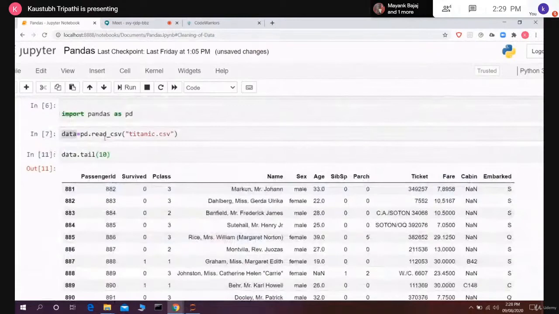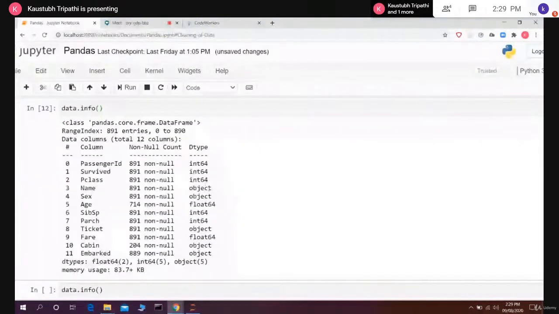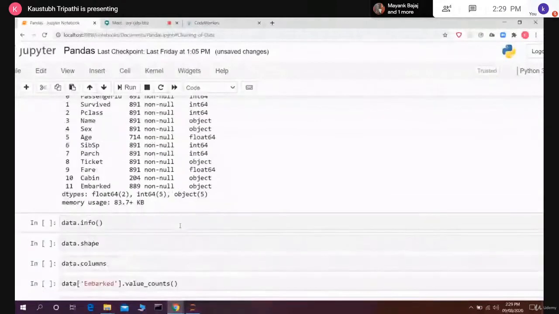It says there are 12 columns over here, and lists all the names of the columns. It tells us how many non-null values are present, and it tells us the data type of all those values. There are some integers, some objects, meaning they must be strings, and then there are floats. Like there are 2 columns of float, 5 columns of integers, and 5 columns of object.